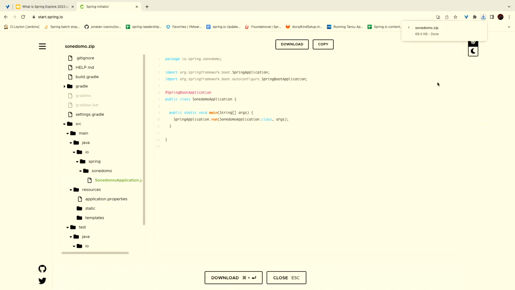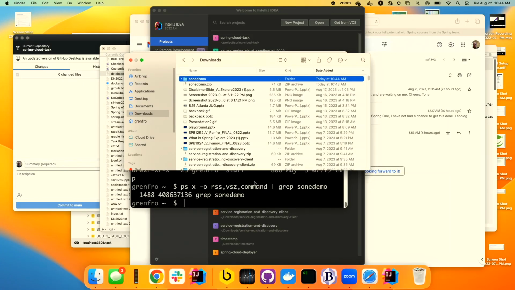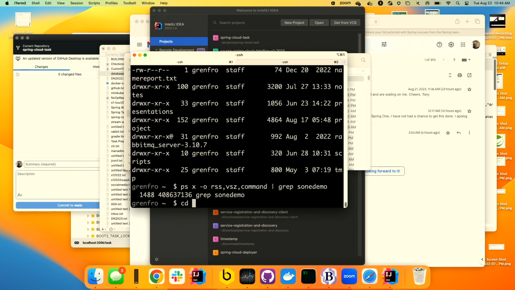So Glenn's going to bring this down. He's going to download this. It'll come in as a zip file to his local machine, and he'll load this up into his IDE of choice, using IntelliJ today. So for our sample application, again, we'll just make a sample REST endpoint real quick just to show some of the features of Spring Boot and how easy it is to get started quickly.